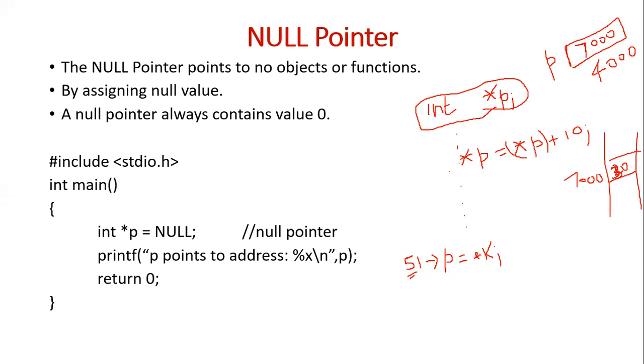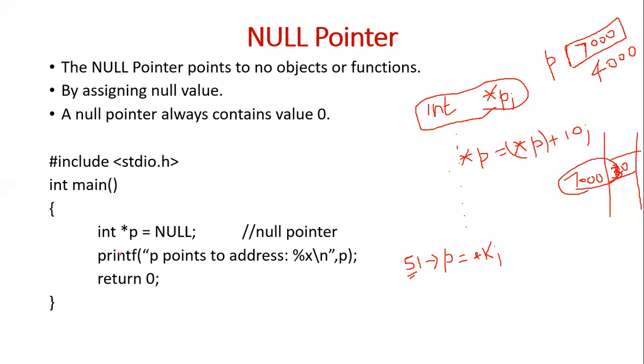This will lead to some kind of error, because you are accessing somebody else's location and changing it. That user will feel very strange. Or say this 20 is a dollar value, representing some money that the user has to pay for something he is going to purchase. He is thinking that it is 20, but meanwhile you changed it to 30. So the software will charge him $30 instead of $20. Such problems will get created if you don't assign the pointer to null.